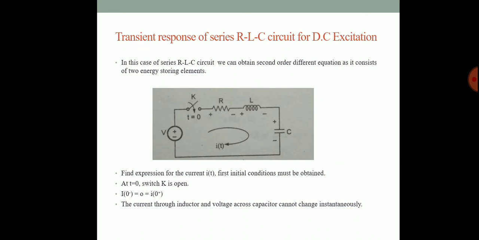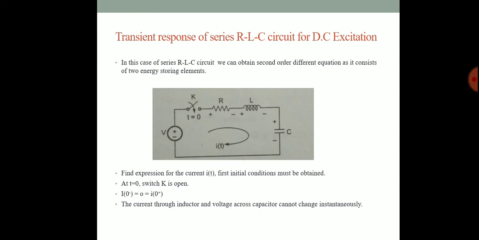For all t greater than or equal to 0, switch K is closed. Now we apply KVL, Kirchhoff's voltage law, to the series RLC circuit. We get the equation with the voltage across the capacitance expression. The limits of integration consider the initial conditions of the voltage across the capacitor, simplifying the above equation to rearrange the conditions. The solution of such an equation can be obtained by the characteristic equation or auxiliary equation for the series RLC circuit.